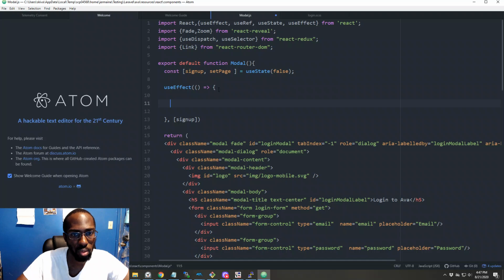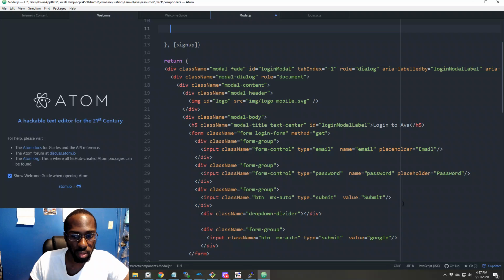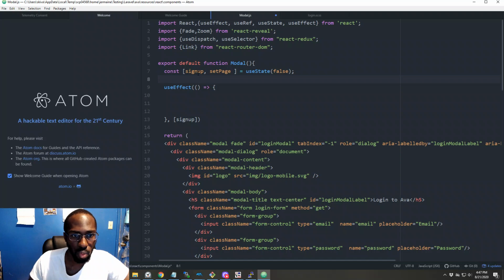Maybe I should have two use states. And it shouldn't be called set page, it should be called set body. But now I'm thinking about having two use states. So one is going to determine if I click sign up or log in. The other one is going to hold